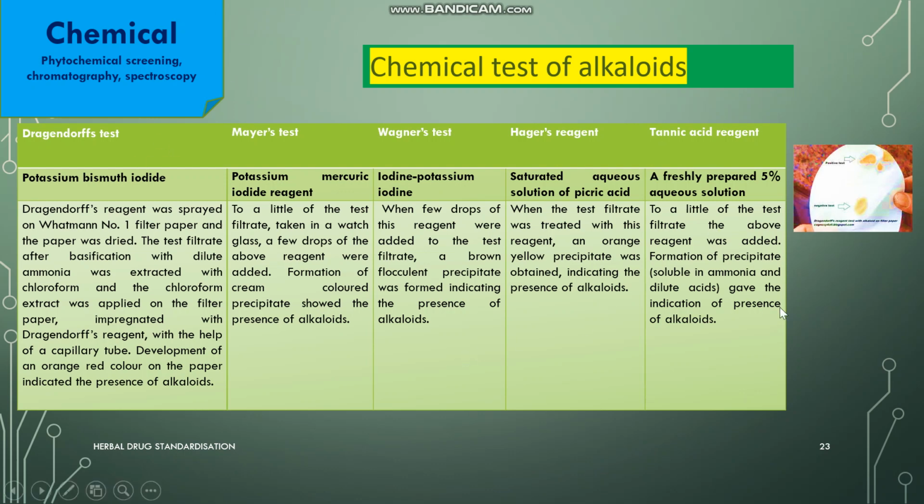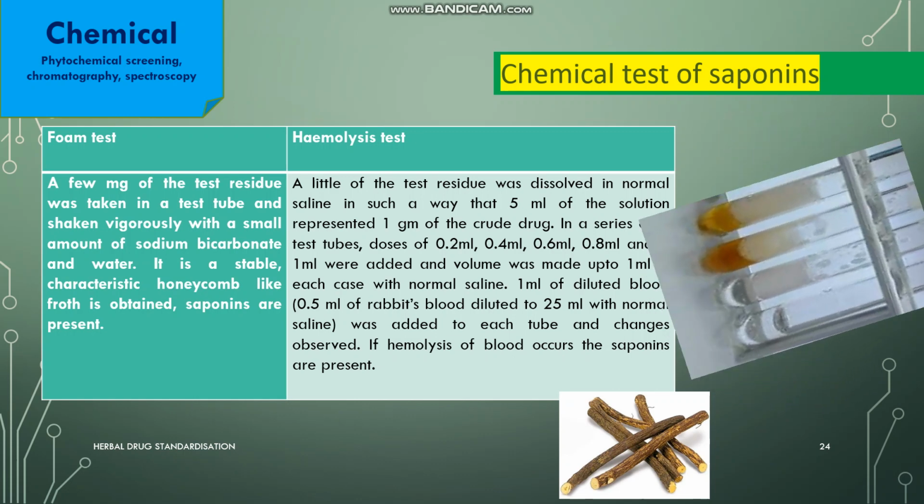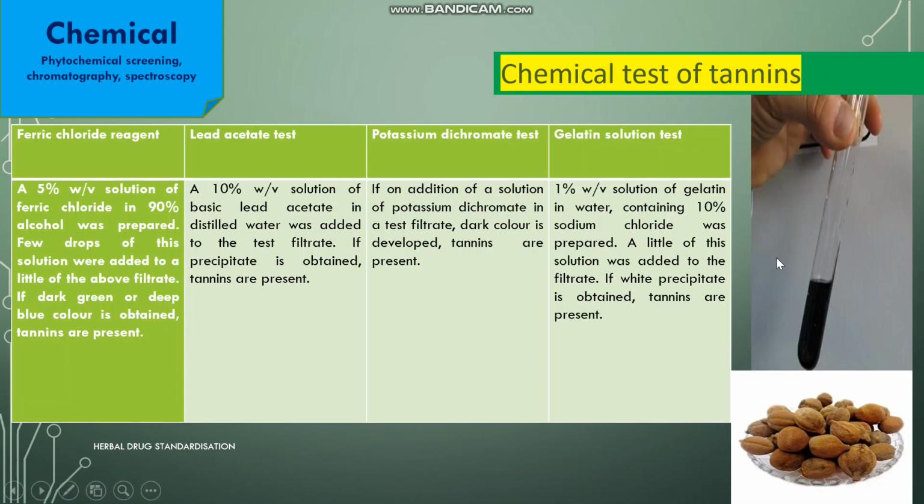So this is the prescribed procedure mentioned over here. Next is the chemical test for saponins. The foam formation test is very important for determination of saponin glycosides, and we can also use a blood sample for the hemolytic test. This is applicable for saponin-containing drugs like licorice and shatavari. There are different types of drugs which contain saponin glycosides. So yes, this is the foam formation test.